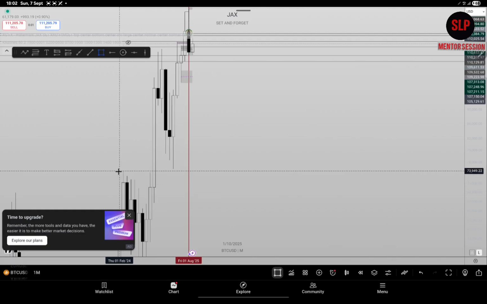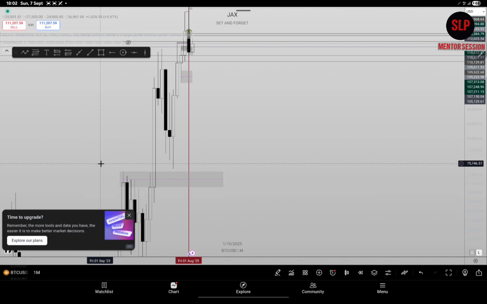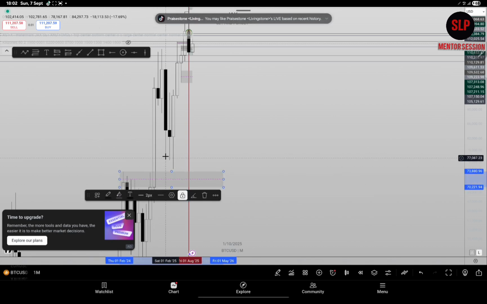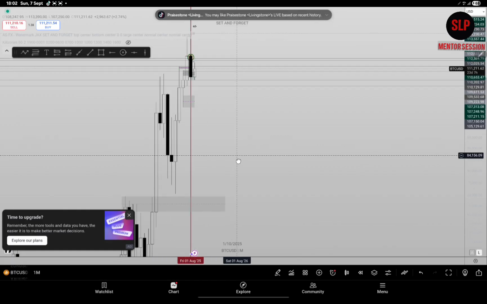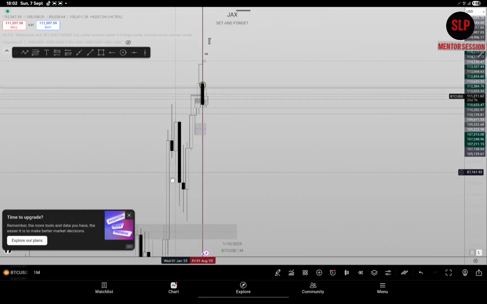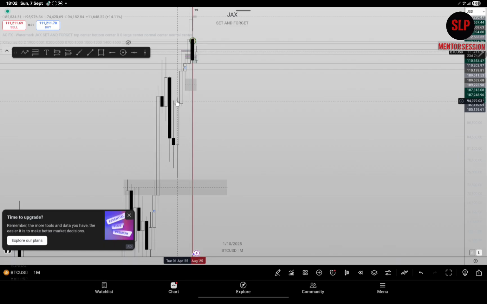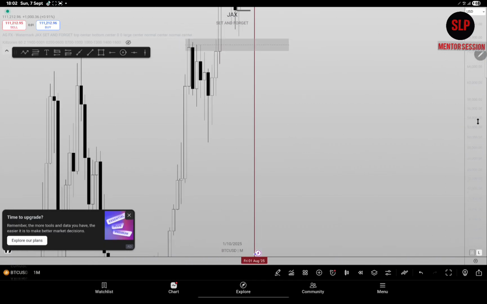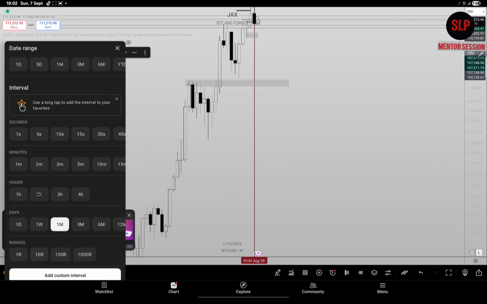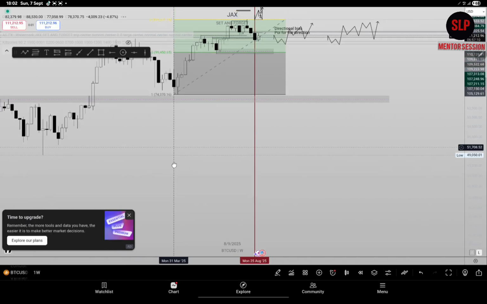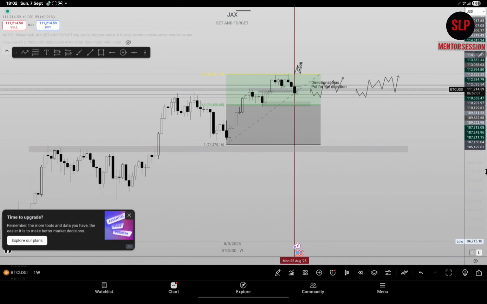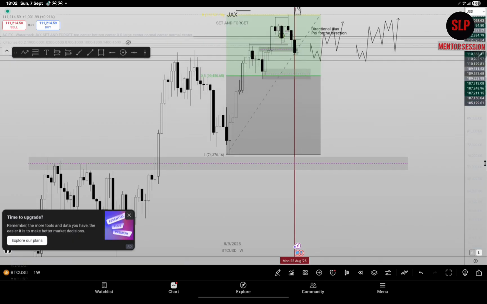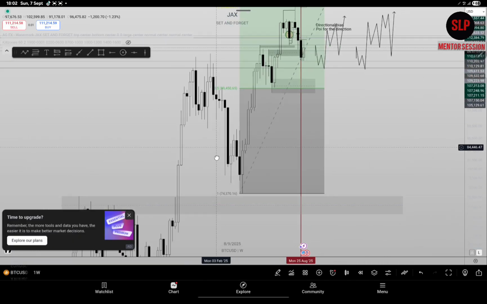On my 3 months, what am I saying? Price didn't mitigate this breakout block. Took out liquidity, started pushing to the upside. So let's just say this is liquidity. Like I always say, I've marked out my possible point of interest on my higher time frame. I'll go down again. A lot going on right here. Okay.